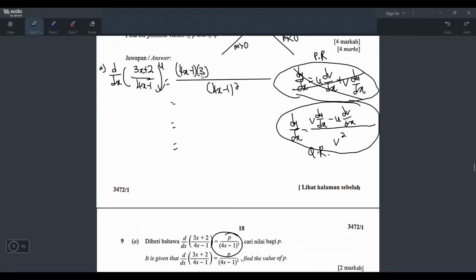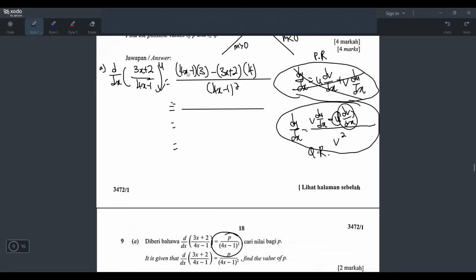And then minus. Okay, minus. I'm just following the formula. Okay, so salin V differentiate U minus. Okay, minus salin U. Salin U 3x plus 2 lah. But make sure you put bracket. Okay, and then differentiate V means differentiate 4x minus 1. Differentiate 4x is 4. Differentiate 1 is 0. So you just have 4. Okay, after you reach here, you can just expand everything lah. All right. Okay, before you expand, you also have to check whether you can factorize anything or not up here. If cannot factorize, then you straight away